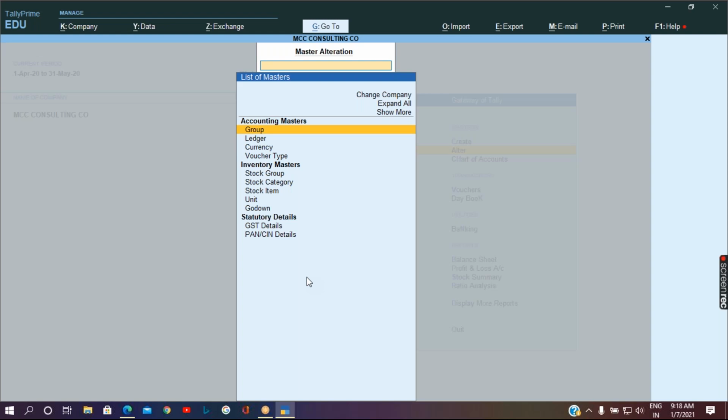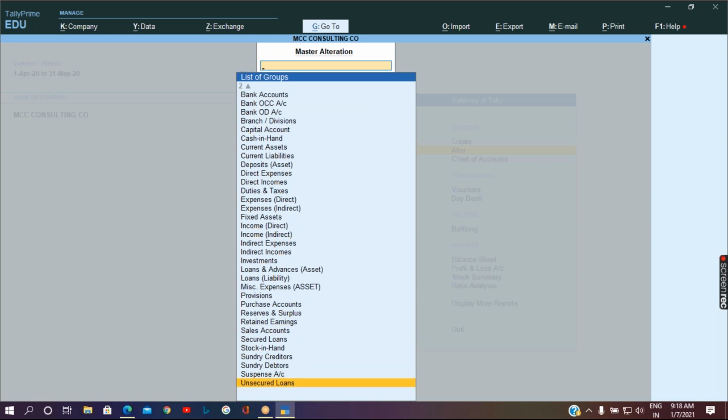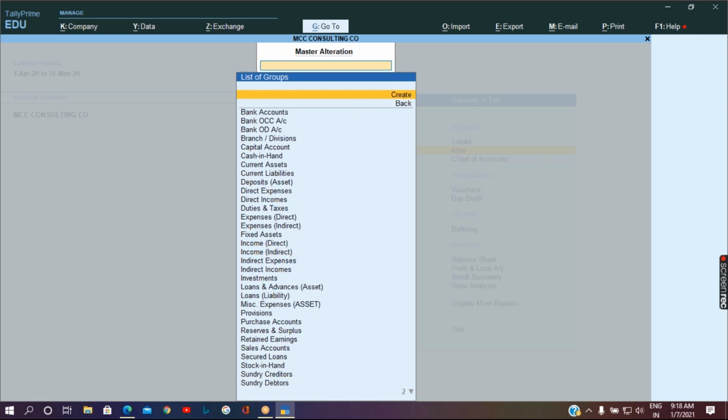Let me go to the group. Here you can find the list of things which have already been created. These are all the accounting heads that you are going to see whenever you prepare any financial statements, whether related to the trading account, income or expense account, profit and loss account, or balance sheet.